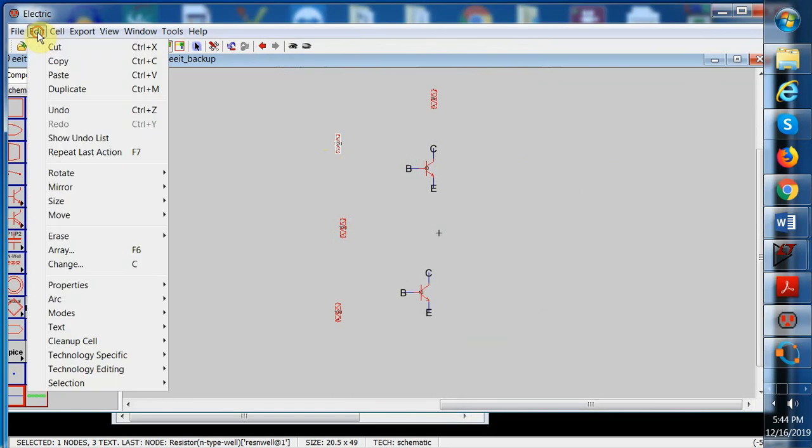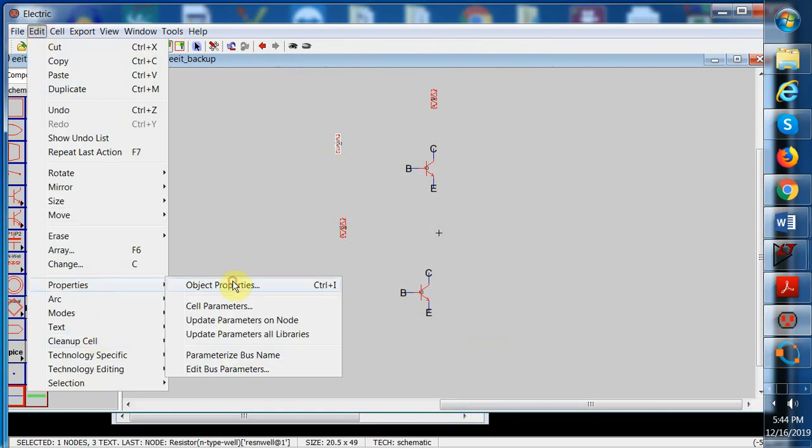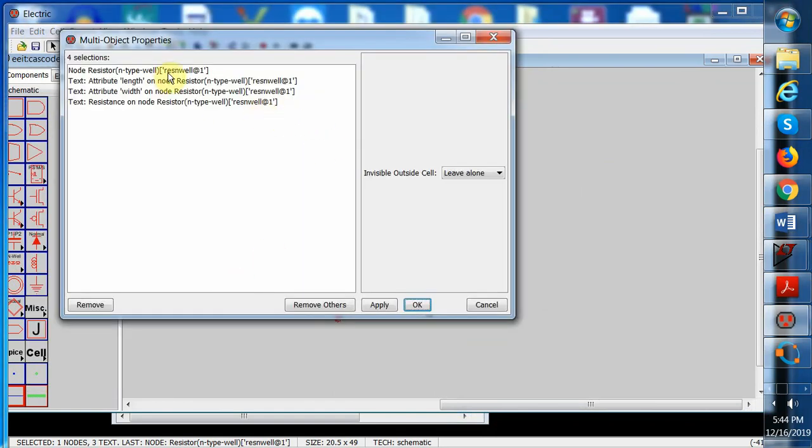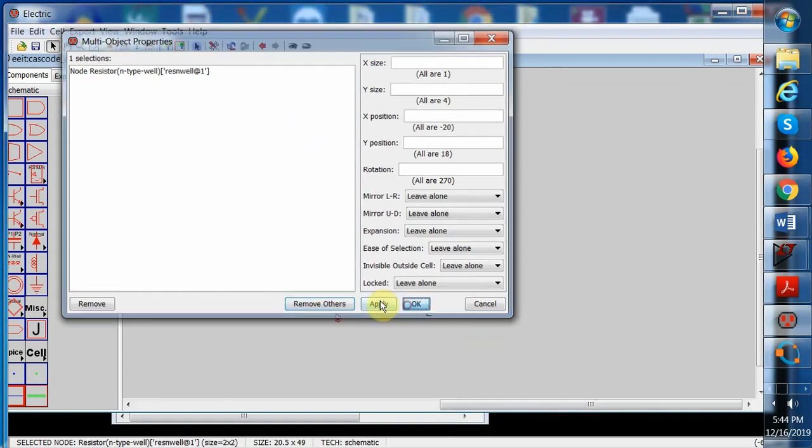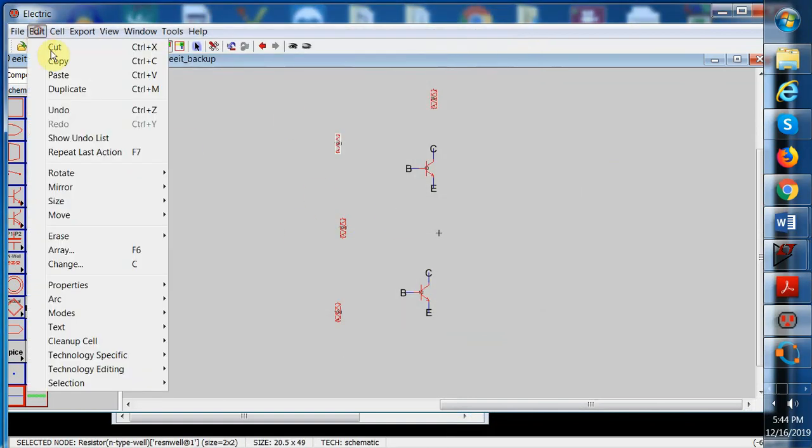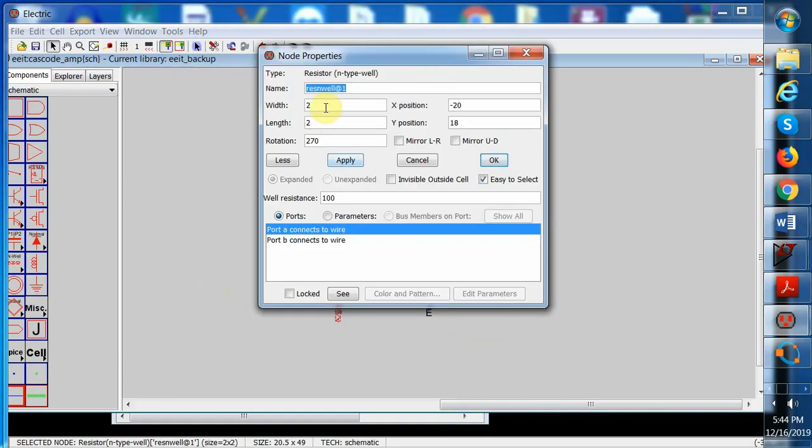And for this resistor, again, the width is around 40 units, and the length should be 29. This will end you up with a resistance around 1.8K,